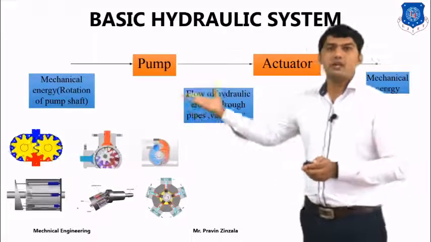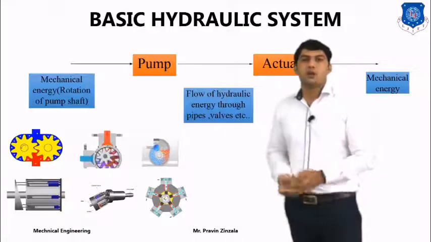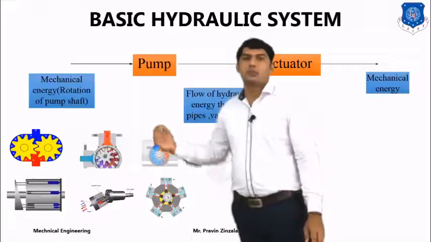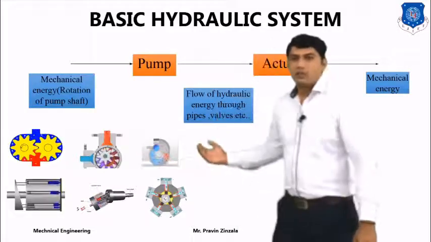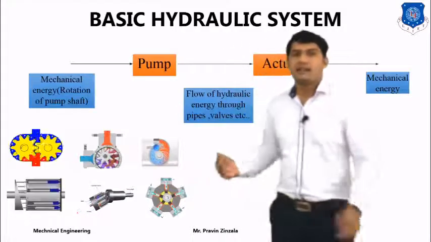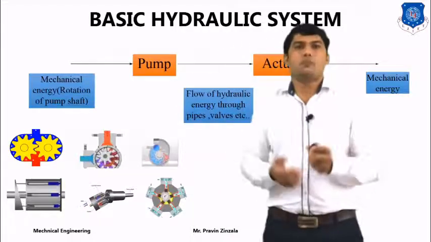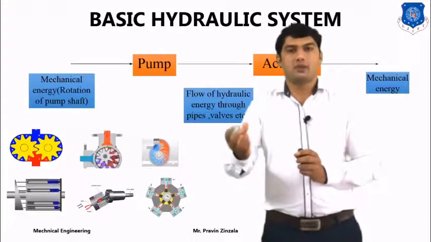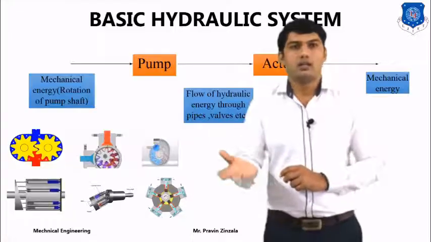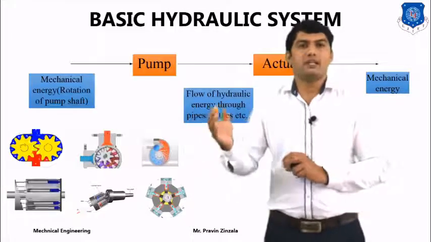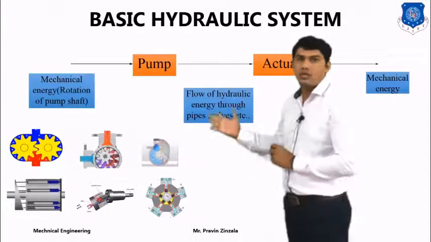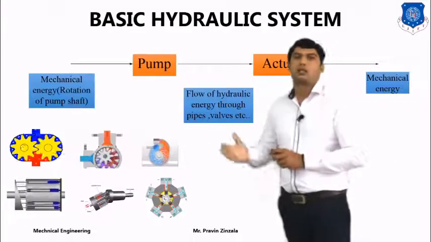The basic component of hydraulic system is the pump. There are different types of pump used in hydraulic system, such as external gear pump, internal gear pump, centrifugal pump, and different types of piston pump, such as inline axis, bent axis, and radial axis pump. The selection of pump for hydraulic system depends upon the requirement, how much load is to be lifted, the application, and space requirement. So the selection of hydraulic pump depends upon your application and particular requirement.